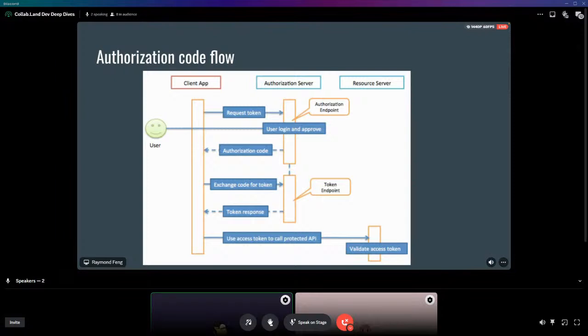Then the client application will have to do a server-to-server call, saying, hey, I got this authorization code from the user. Can you give me an access token? Then the client application will make an API call to our token endpoint, then we'll receive a token on the backend. And then the backend can use the corresponding access token to call the APIs. So that's really useful for